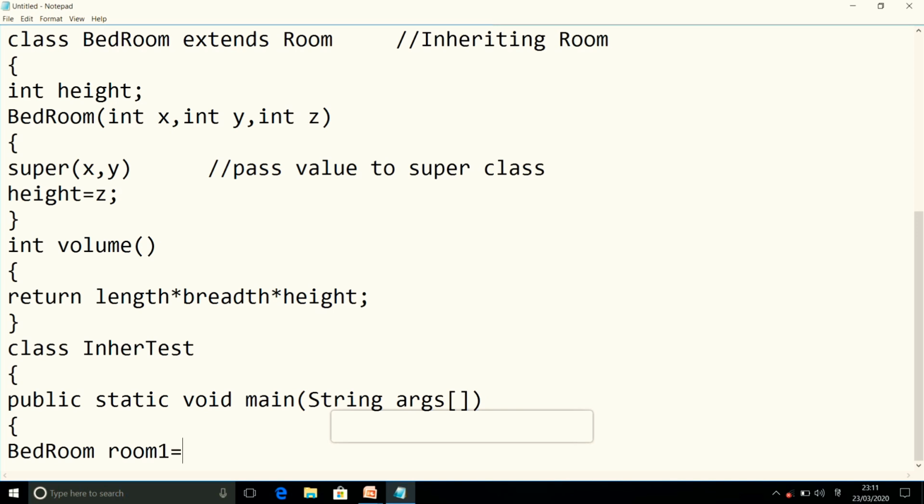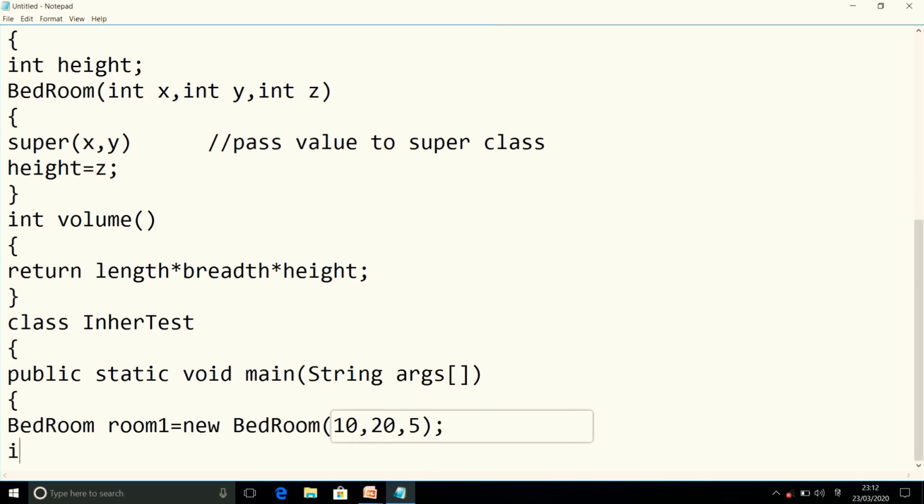Now we will make an object of class bedroom. So the object name is room1. We know how to make an object of any class. And now we use constructor. In the previous video we discussed what is constructor and how we use it. So this is using the constructor. We give the values when we create the object. So now we gave the values, and now